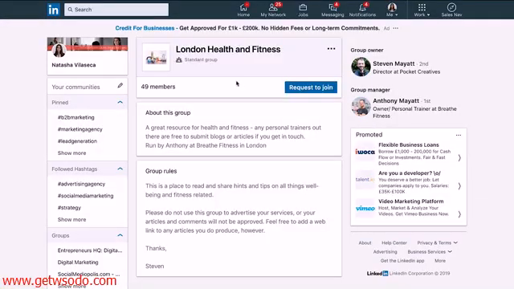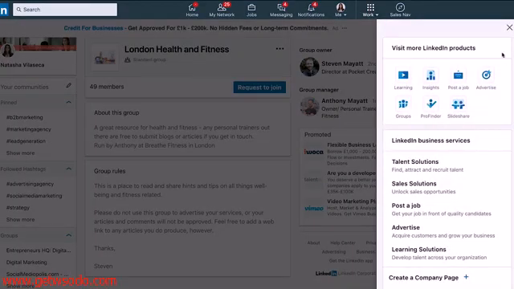Just note it down in like a notes section or a spreadsheet or however you want to do it. But yeah, so that's how this kind of works. I hope this explained it to you. If you want to see which groups you are a part of when you go to your posts and interact in there, all you want to do is click up here in the main bar, click on work, and it will show what you're a part of. So I could go on groups and it will show a list of my groups, and then I can open them all in a new tab and interact, post my content, etc.